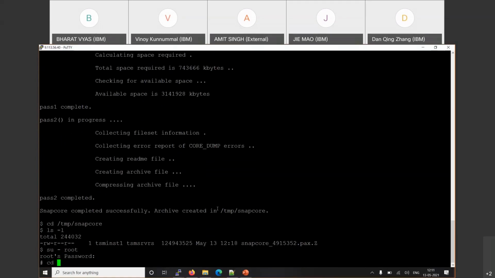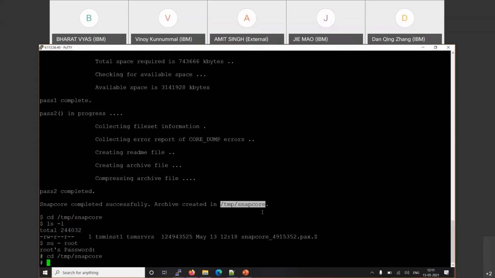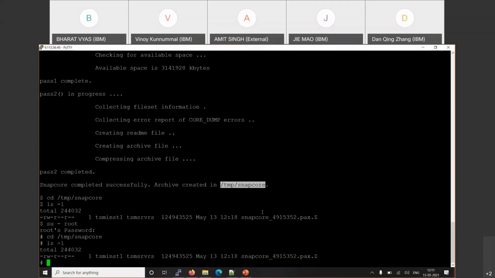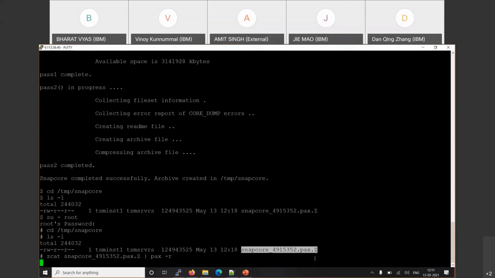Let me go to that path again, and I want to show you the contents of this file. For that you need to run the command cat, the file name, and the pipe symbol, pax -r. So it is extracting, and once it completes the extraction, I will show you what comes under this zip file or pax file.